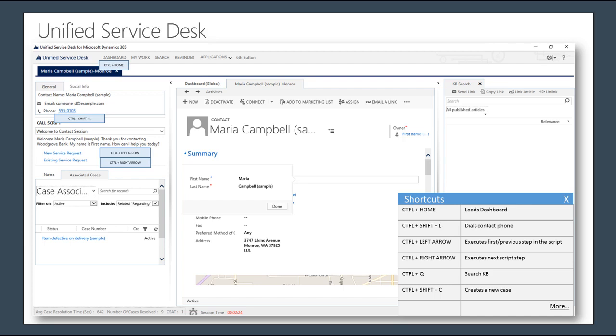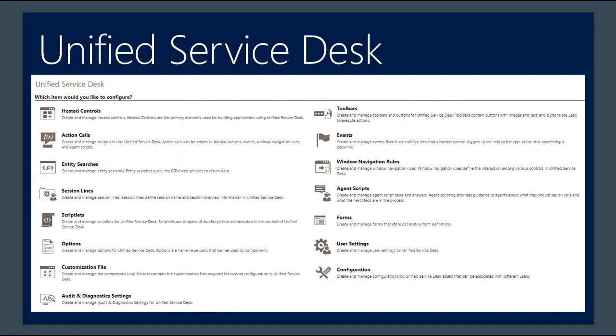You can see here there's actually a call script on the left-hand side to walk the agent through. I also have related information, associated cases, or KB articles that might be appropriate for this particular individual. And then at the bottom here, there are some shortcuts that help an agent move through the screens very quickly, so it's very, very efficient. The last screenshot I have here for you is the configuration for Unified Service Desk, and